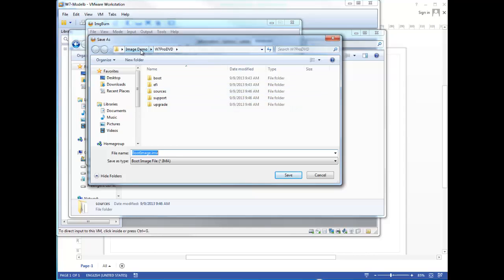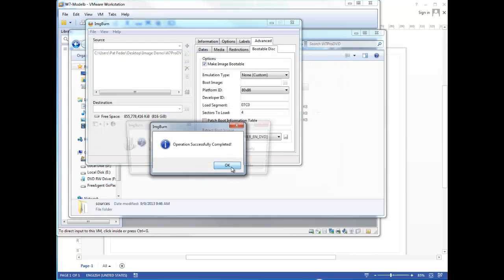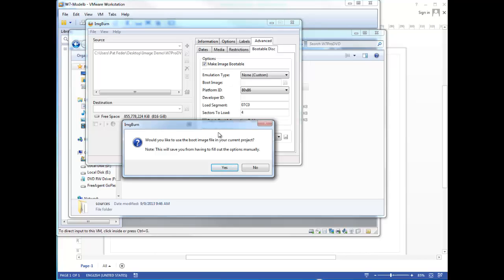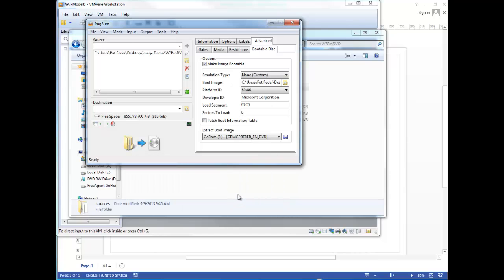I don't know all what's in it, but I'll just hit the save button. Yes, it's done. Then Windows 7 or ImgBurn asks if it would like me to take that image file that I just created down here and populate the information up here. Sure. That's done. So at this point I've selected a folder with our Windows 7 DVD in it, and remember